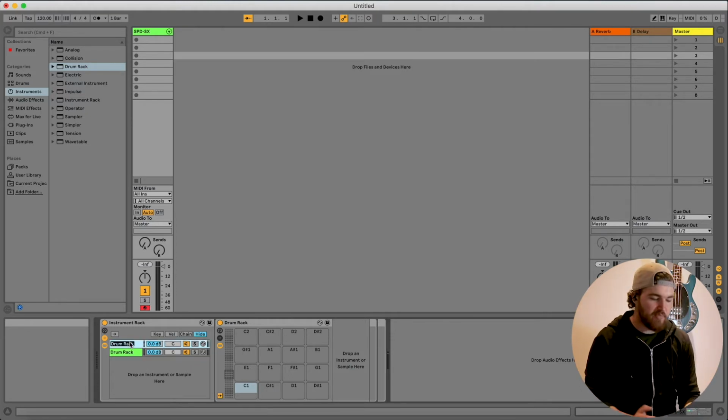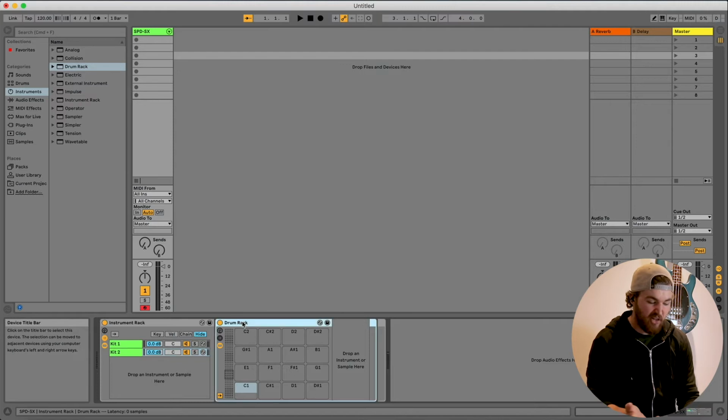So the first one I'm just going to name Kit 1, rename it up here, Kit 1, and then the second one Kit 2. Now again on the gig,